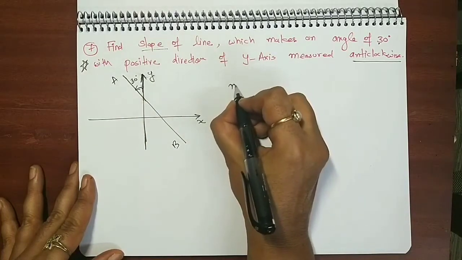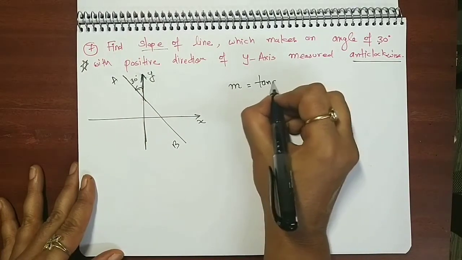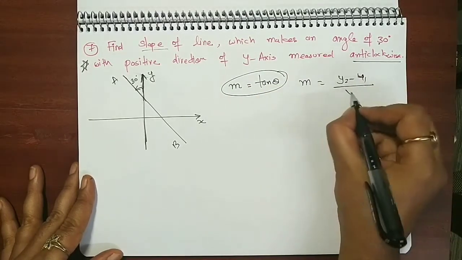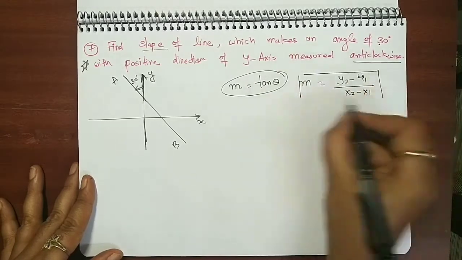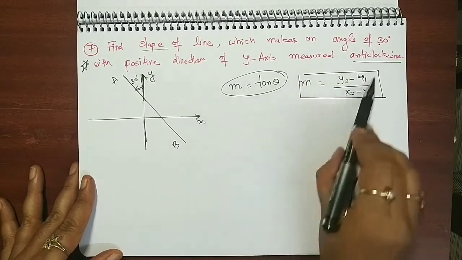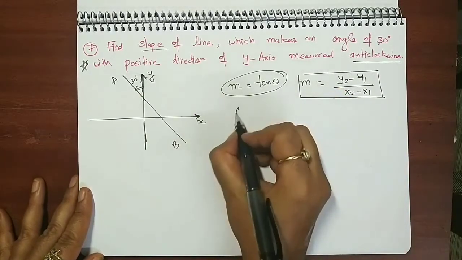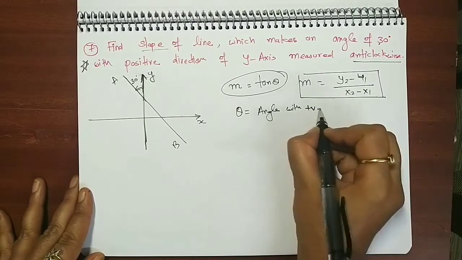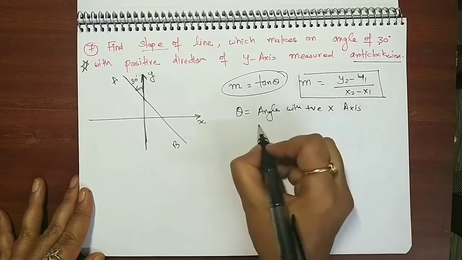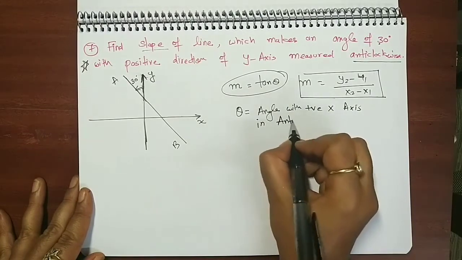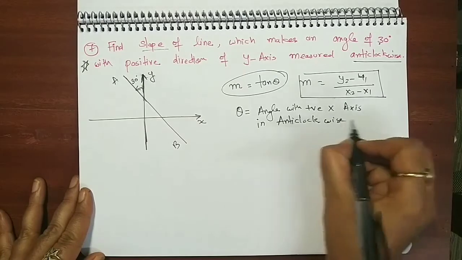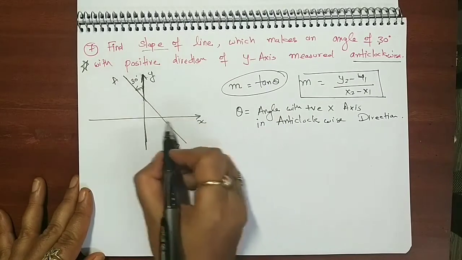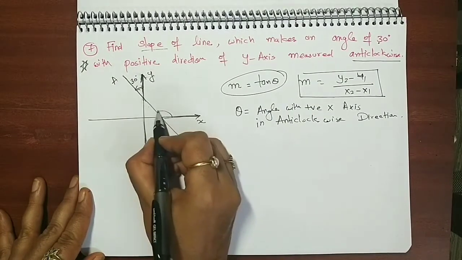So guys, for slope we have two formulas. One is tan theta. Another formula that I know is (y2 minus y1) by (x2 minus x1). Which one should I apply here? Of course this one, because point information is not given. And what is theta? Theta is the angle with the positive x-axis in anti-clockwise direction. I need this, whereas they have given it with the y-axis. I need it with the x-axis in anti-clockwise. So I need this angle.